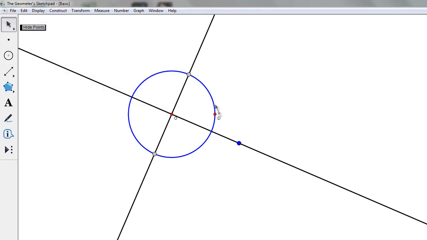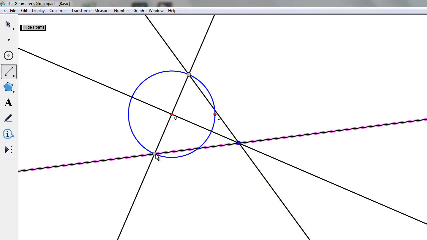Now what am I going to do with these 2 points? I'm just going to use them to create lines from our starting point that pass through the circle in 2 points each. So I have not just these 2 points, but I also now have these 2 points of intersection between the circle and the 2 lines emanating from here.